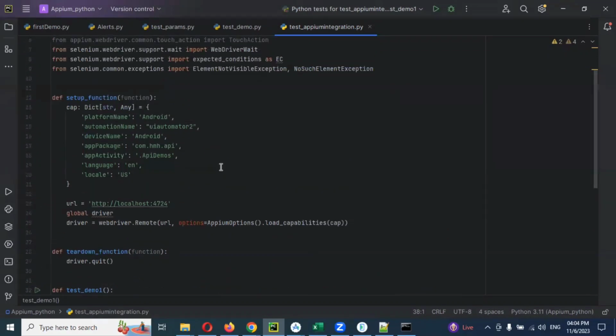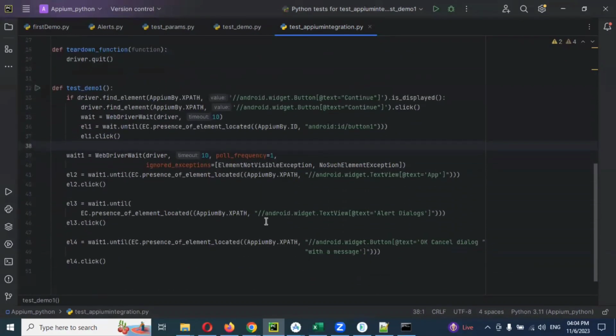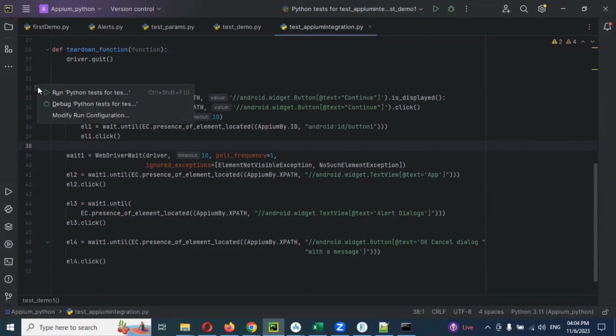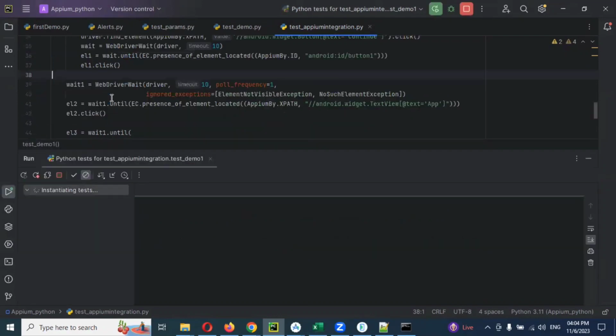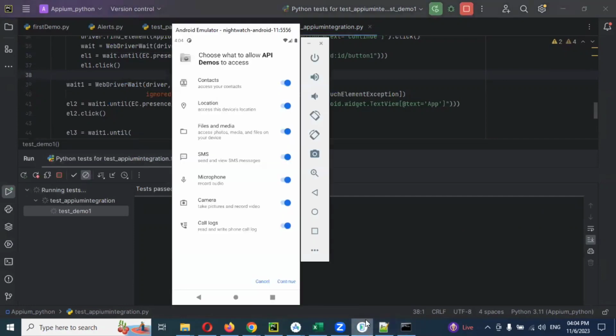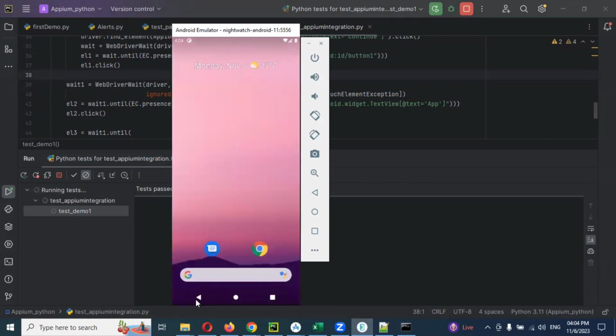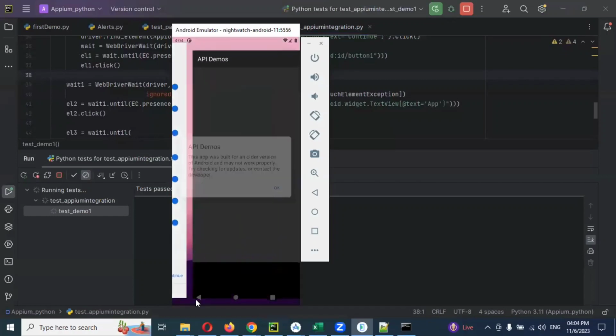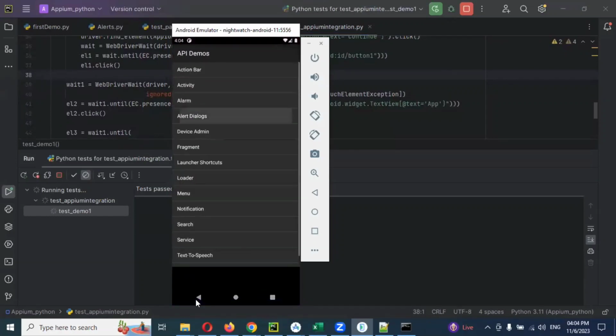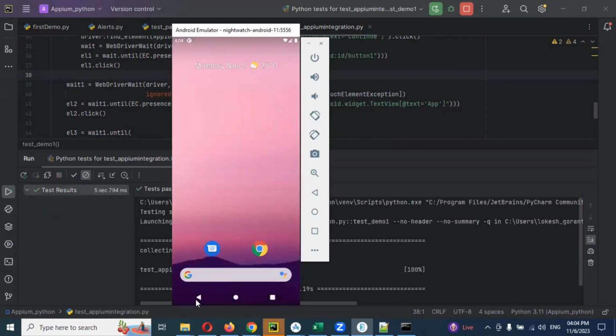Now we are going to run and see the execution, whether we can execute properly or not, step by step. For running purposes, you can use the terminal or else you can click on this particular thing. Any one you can use and we can click run. Now I'm running here. Now the app is opened. Now it clicked OK and the alert also, and see everything is clicked